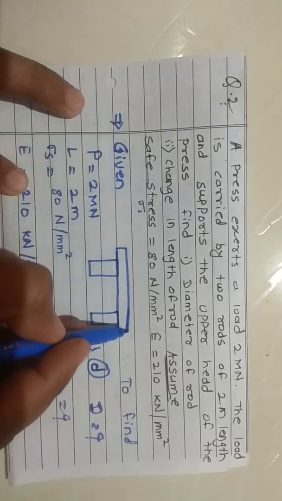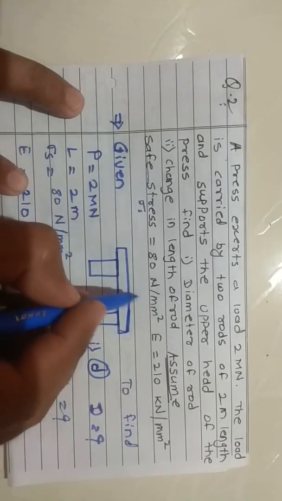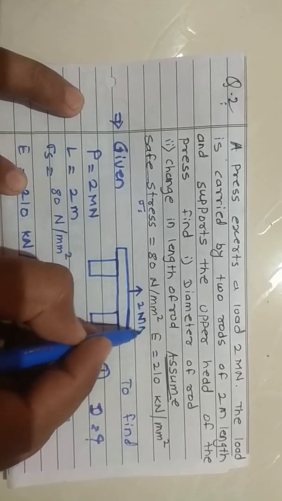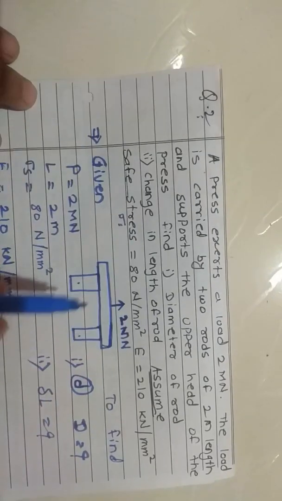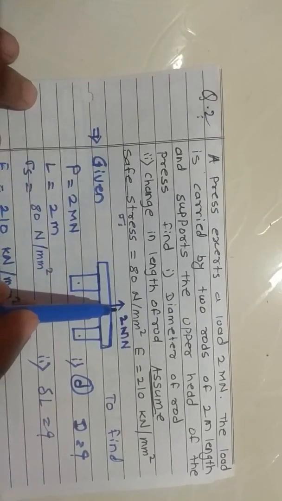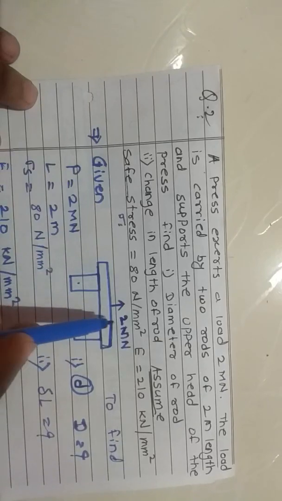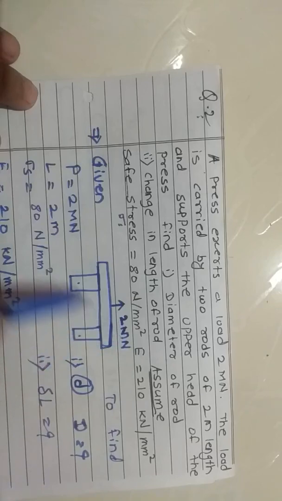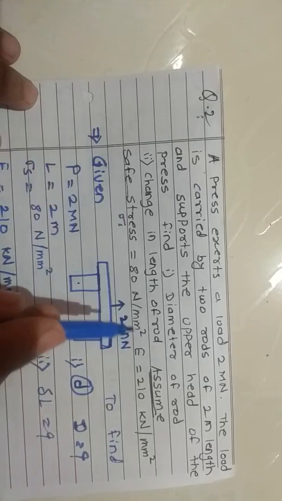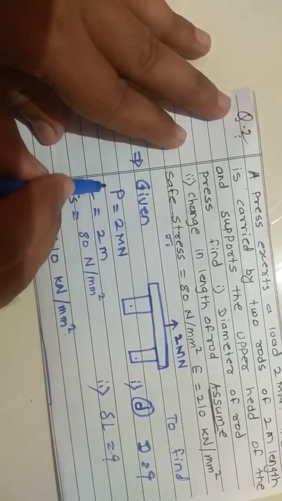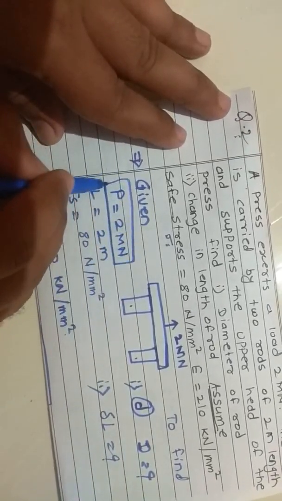Here we will draw one supported head, and the load is 2 MN. Now here we will find the load carried by each of the rods. We know that the 2 MN load is carried by 2 rods. That means one rod carries 1 meganewton load, and we have to convert this MN, that is meganewton,